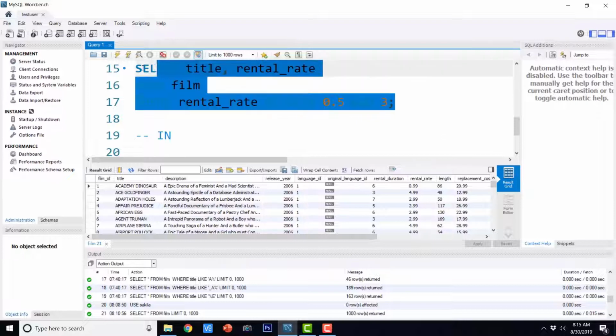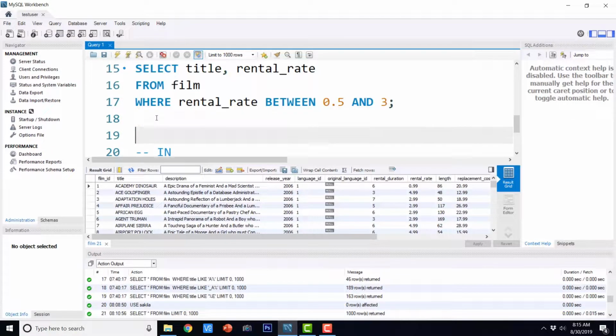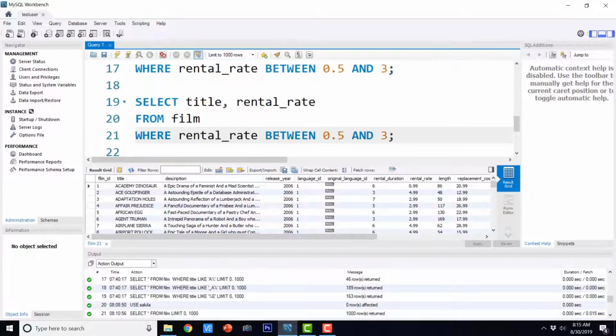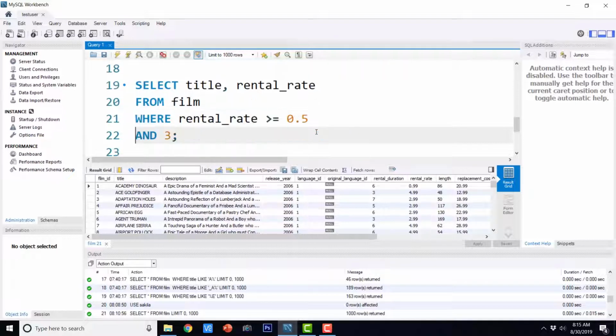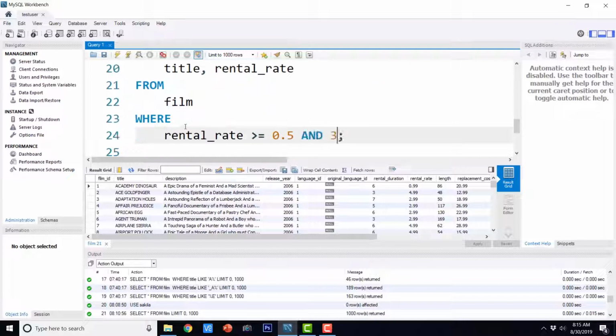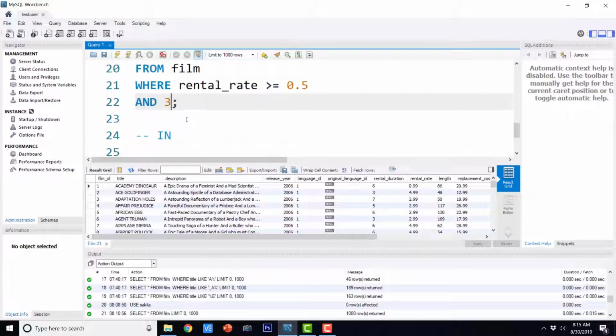I'm just going to copy this entire query as it is, paste it, greater than or equal to 0.5 and less than or equal to 3.